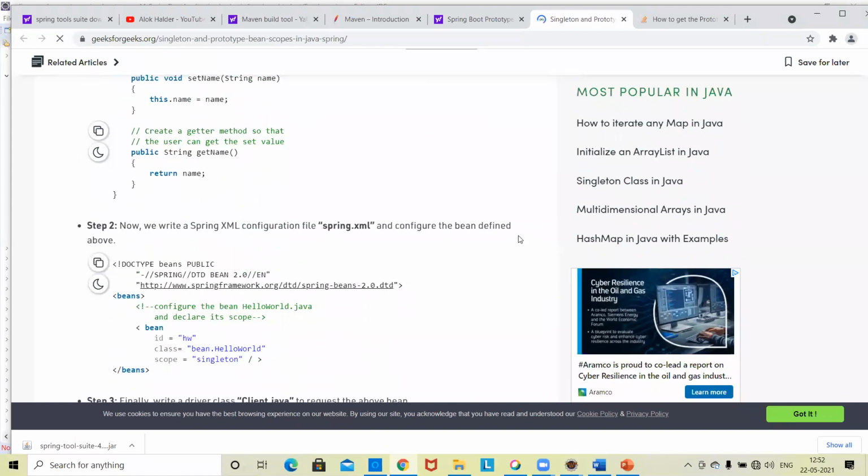Clean commodore bin plus scope singleton. You can write in the bean XML file, but in Excel we are not using XML.